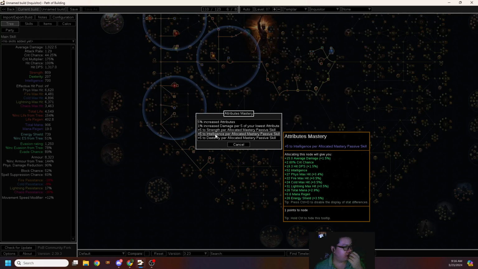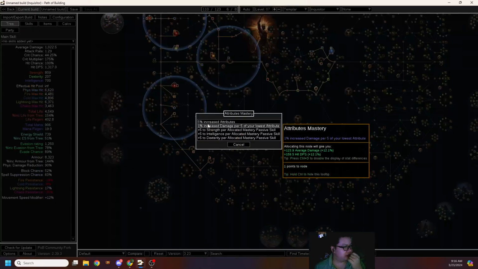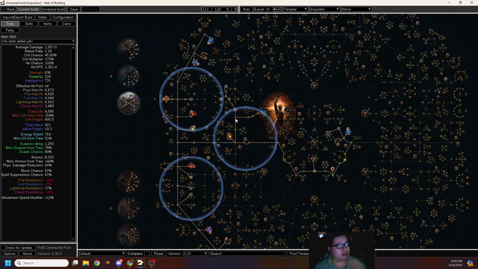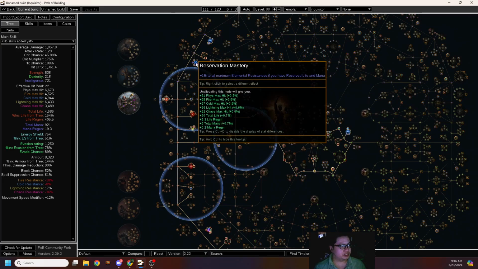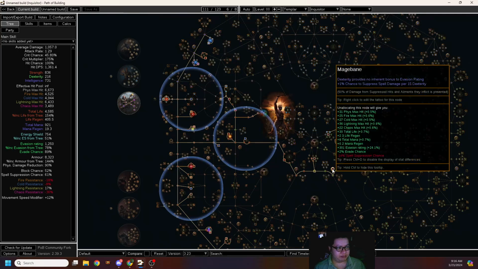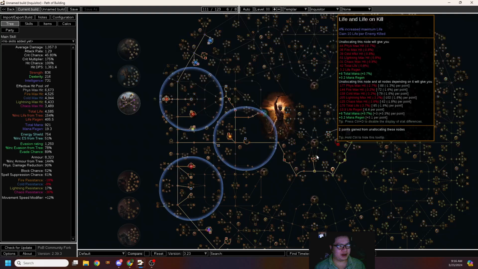So yeah, I think 5% attribute is just better. Yeah, so just get life, some aura stuff here, some crit. Go to the right side, we grab some mage bane stuff, suppression, little bit of stuff nearby here,